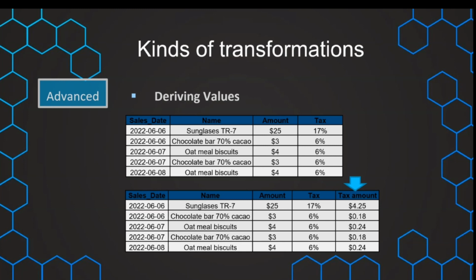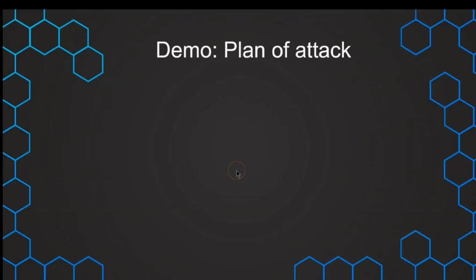And now that we've learned about those different types of transformations, we also want to implement them and demonstrate this in our little ETL process. So that's what we are doing in the next lecture. Now we are ready to put things into practice, and in this lecture we want to have a look at